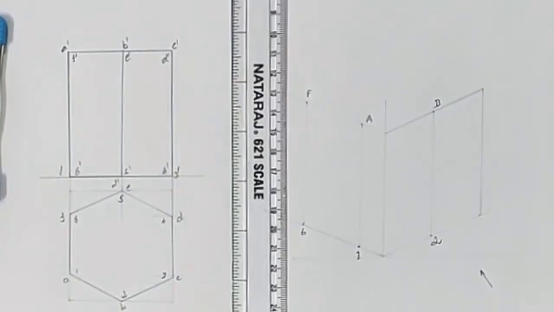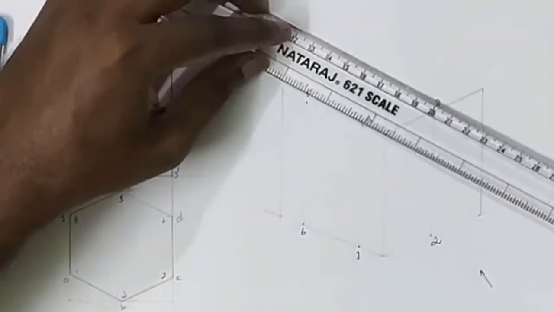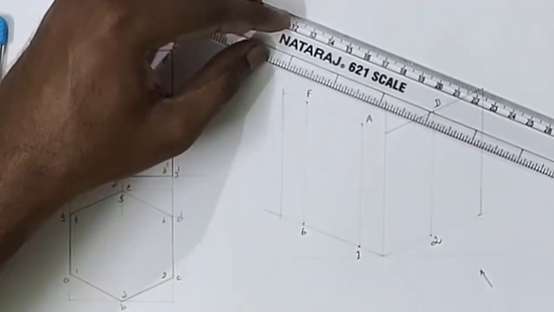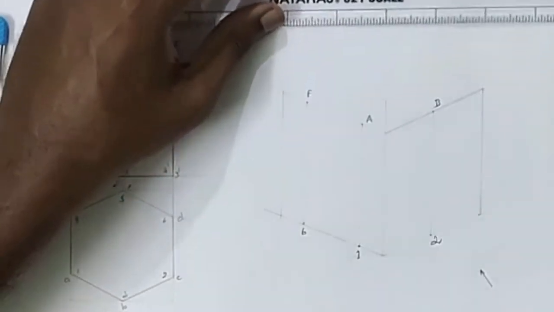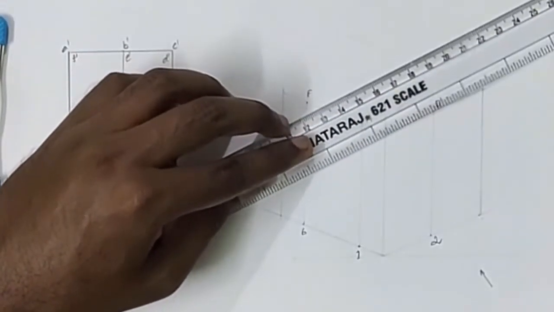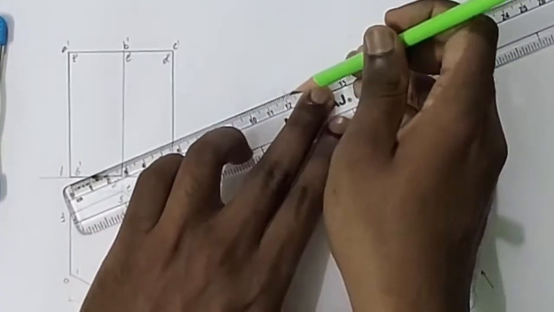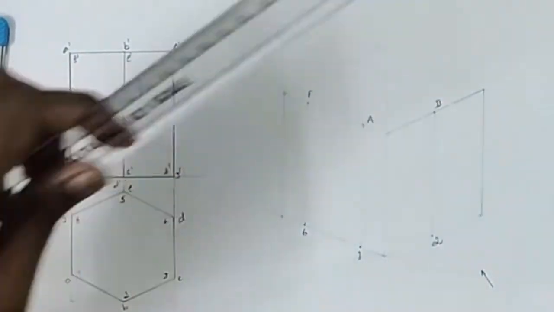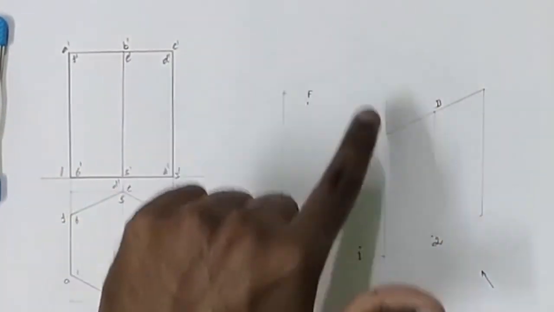So now let us draw the top plane. We have drawn the front plane as well as the left side plane. Now let us complete the top plane. Draw a 30° line parallel to this line to complete the box. Similarly, draw a 30° line parallel to this line from this side. So we have drawn two lines. This line is parallel to this line and this line is parallel to this line.